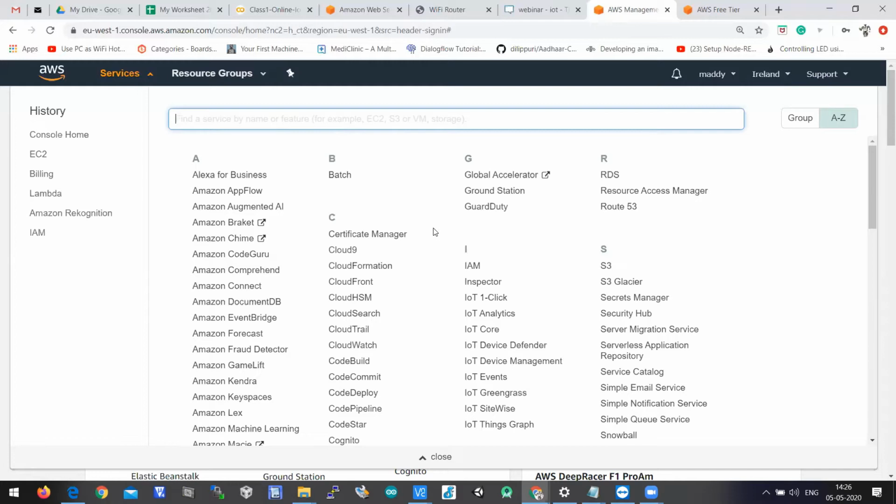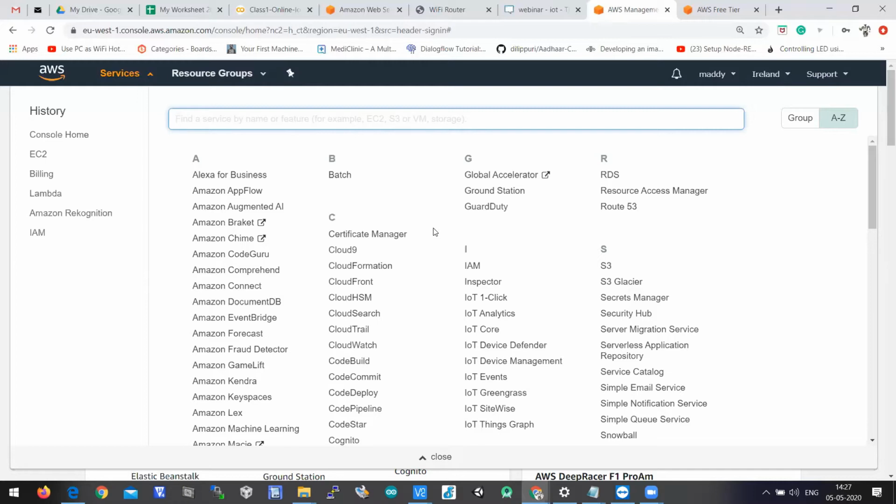As we have created an account today or the day before, the 1 year free tier comes into picture. In the 1 year free tier, you can access the limited features of all the services which are available here. Let's focus on the services which are applicable to IoT in particular, as the course is related to IoT. Let's jump into some services today, some services tomorrow, and the other services after that. This AWS will take at least 4 or 5 days to complete the services related to IoT.